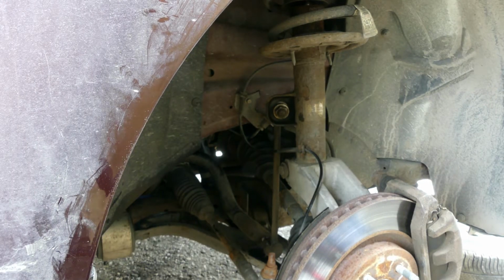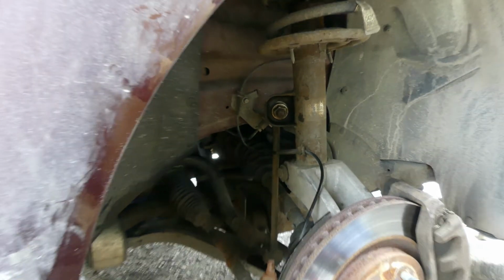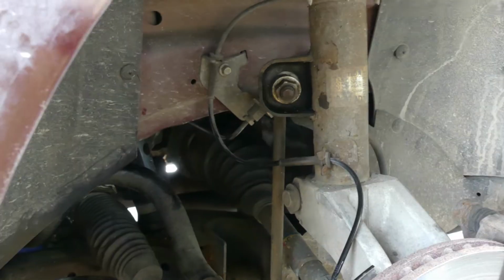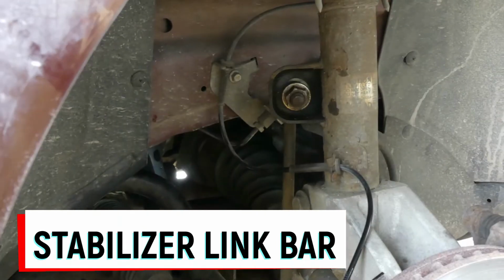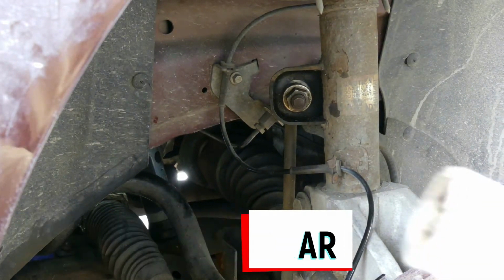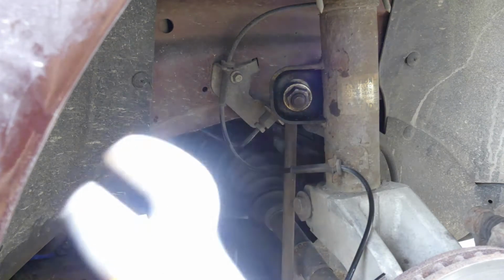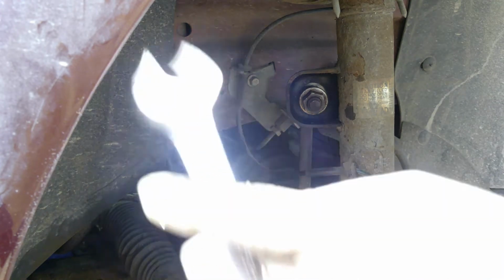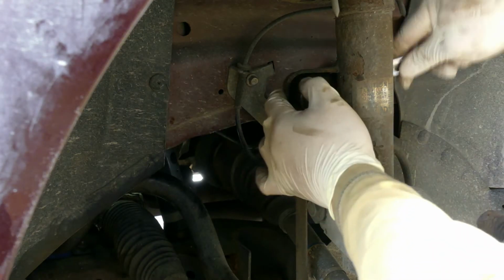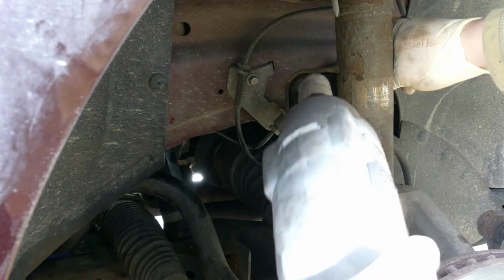So guys, this is a very easy job. We just need to remove two bolts, so one in here and one below. On the top guys, we are using a 21 mm socket, and we need to restrain this from rotating using an 18 mm wrench. So we'll put this one at the back of this bolt. Actually I already loosened it guys, and